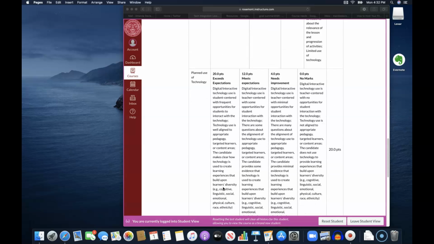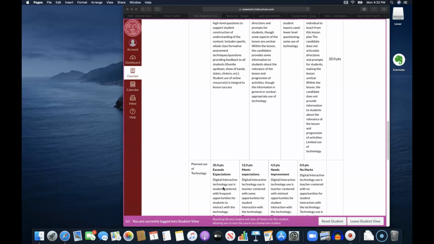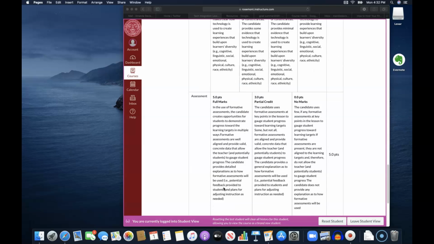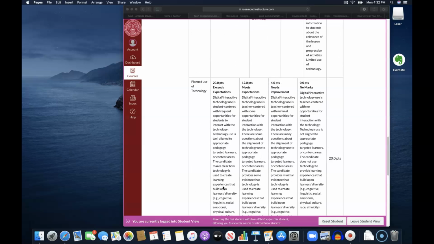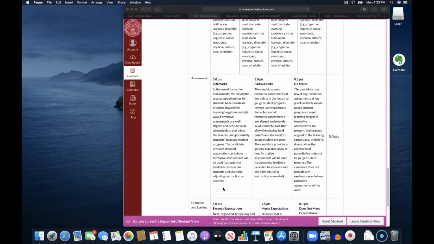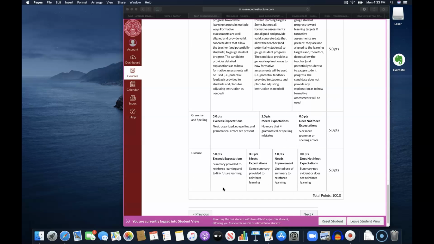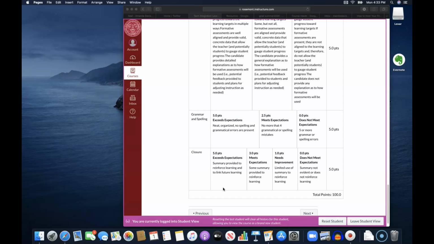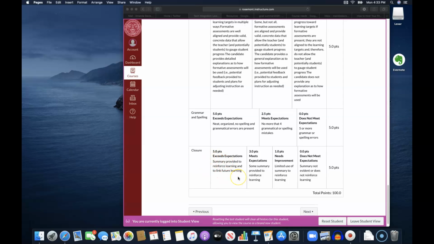Planned use of technology: this will be that middle section that I talk about in the EEE lesson plan where you have to evaluate that technology. If you're not sure, ask me to look at it. You can ask me to look at a specific section: I just need you to look at that planned use of technology section, I'm not sure that I have it done right. Can you check that out for me? Awesome. You need to have your assessment. How are you going to assess these? Spelling and grammar, please. Grammarly. And a closure. How are you going to close out this lesson?